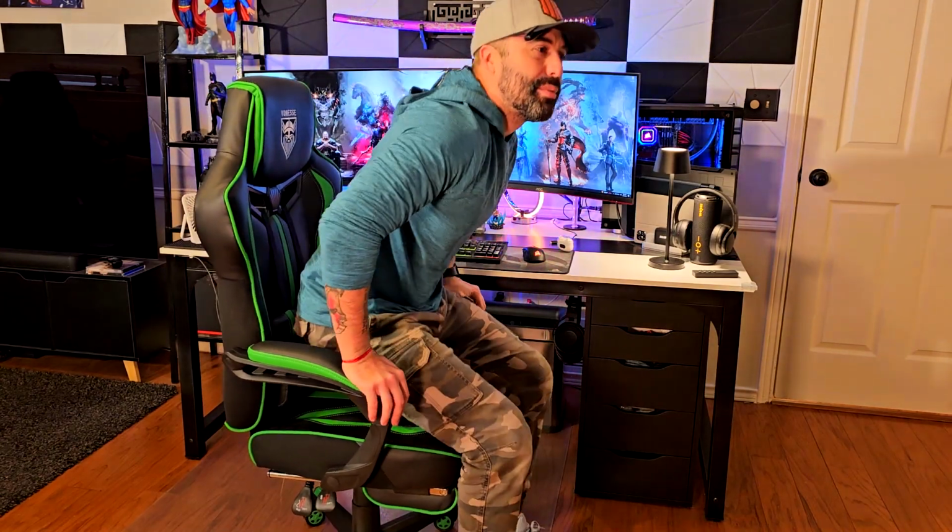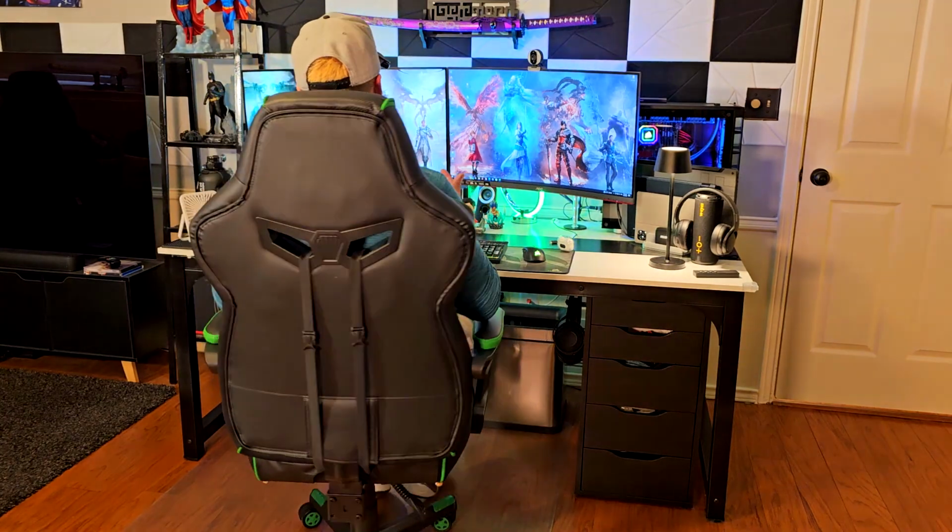As I was saying before, you can see that it gives a really nice upright position when sitting, where my lower back is making contact with the lumbar support. And with the massager right here, let me show you. Right now it's locked, so you can see that it's kind of like a 90-degree sitting position, but then I do this,